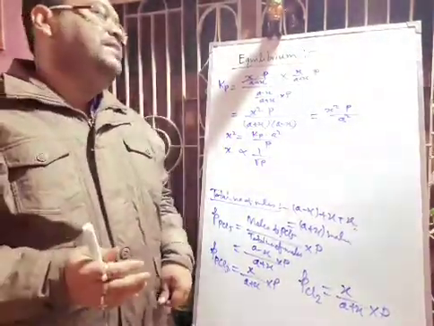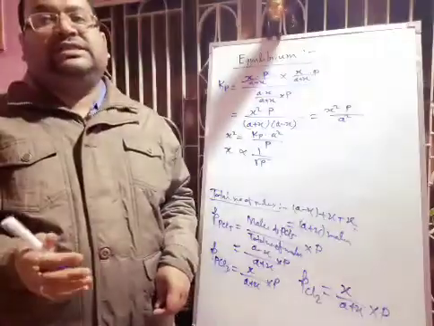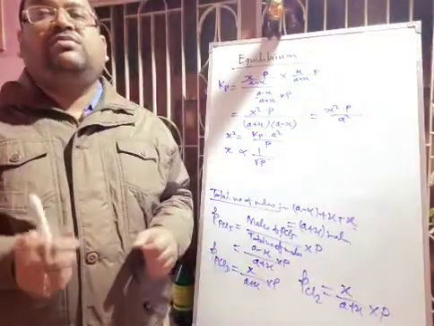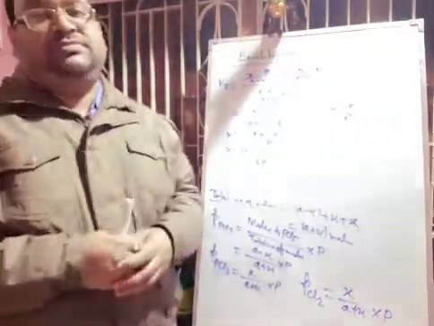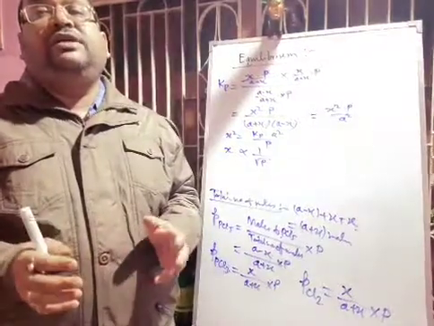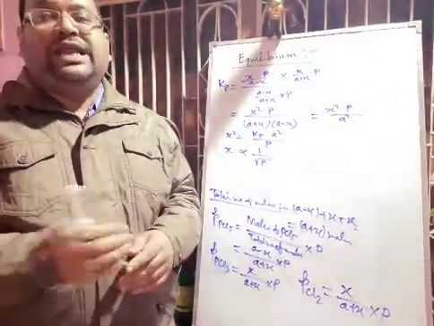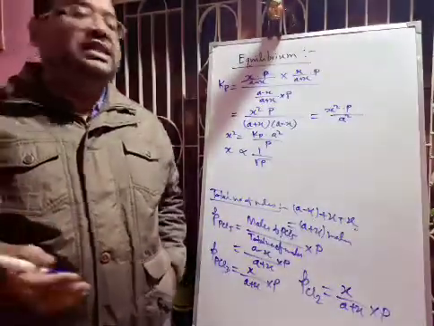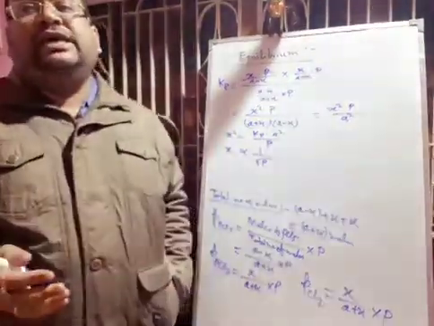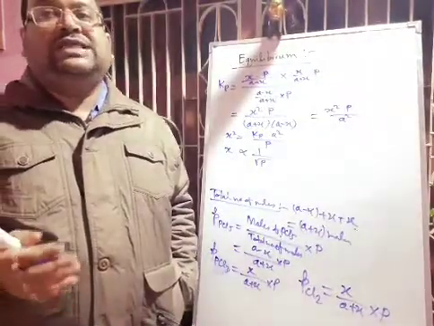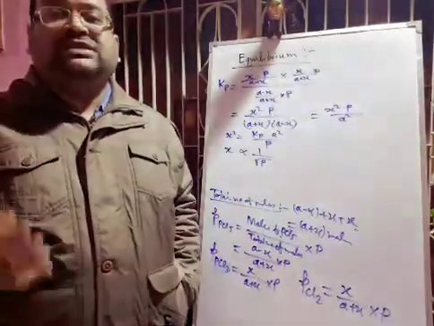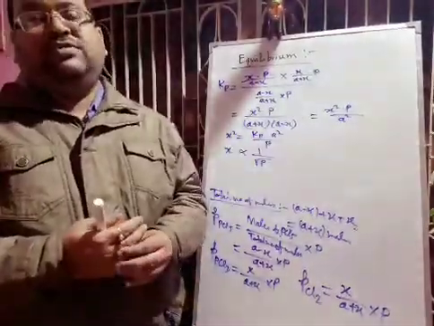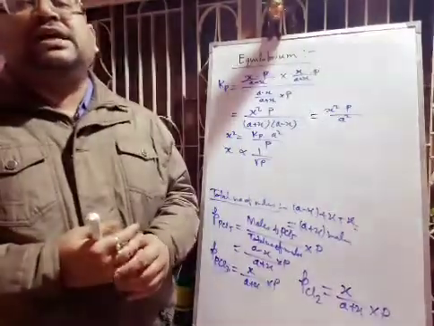Next we will discuss the effect of adding inert gases. On addition of an inert gas to the equilibrium mixture at constant volume, equilibrium is not disturbed. On the other hand, if some inert gas is added at constant pressure, then the volume will increase, and to maintain the value of Kc, x must also be increased. Thus the addition of an inert gas at constant pressure increases the degree of dissociation of PCl5. Hope you can understand. So this was type B.